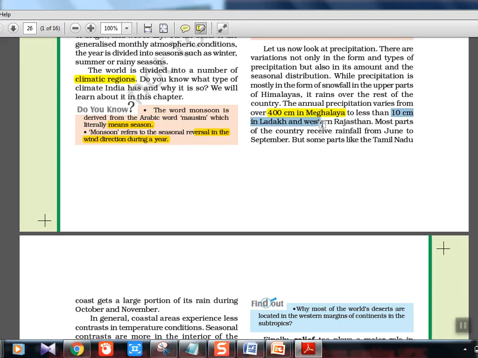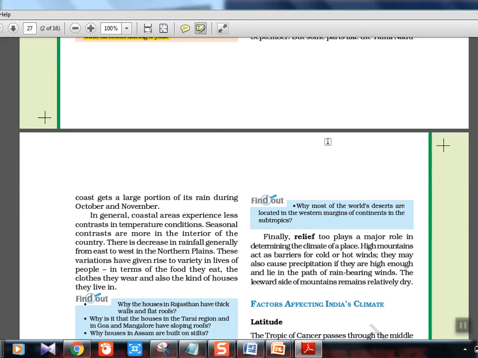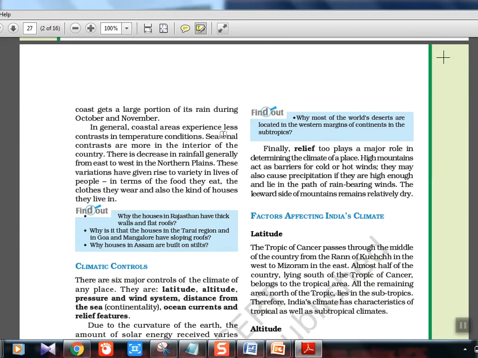Ladakh is the place where the least rainfall happens in India, and in Meghalaya I think Monsoon is a place where the heaviest rainfall happens. So rain-wise also it varies. Tamil Nadu is actually a place where October-November rains will be there. It's not in the regular monsoon, they'll get it while the monsoons are returning back. That we'll see.